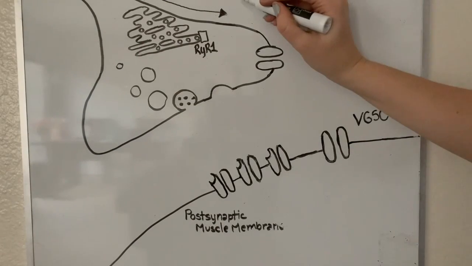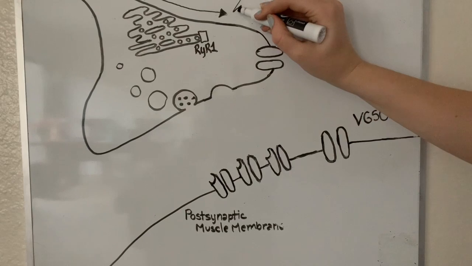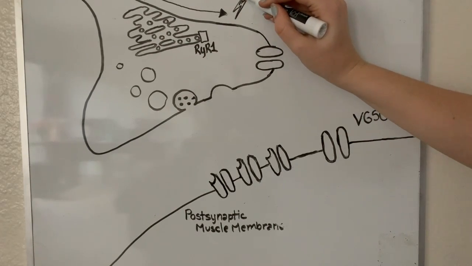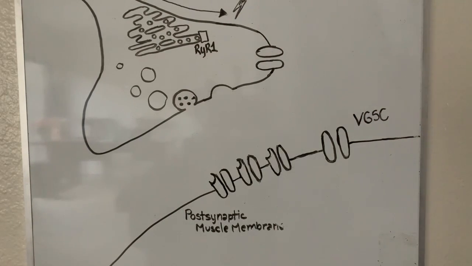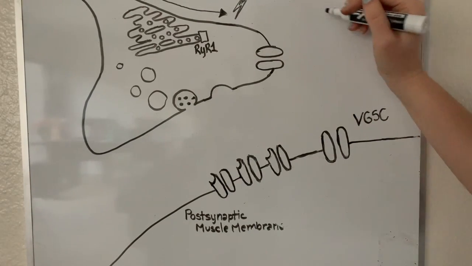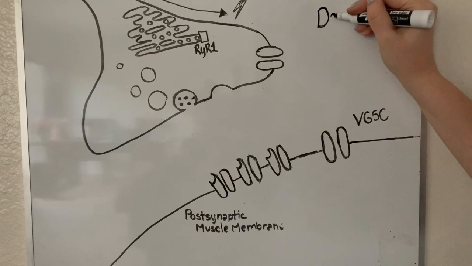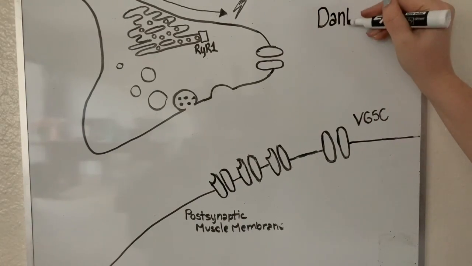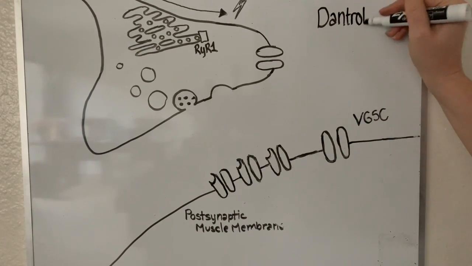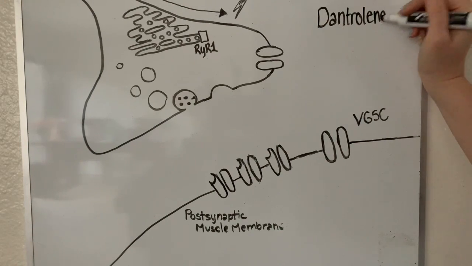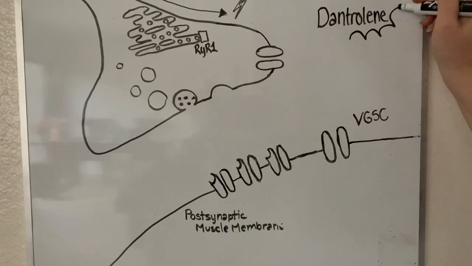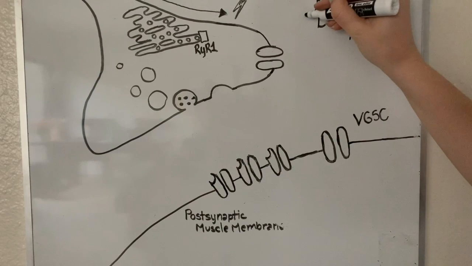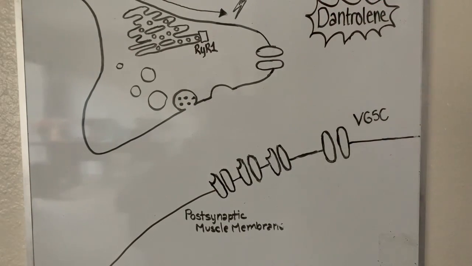Dantrolene is most commonly known as a muscle relaxant and can be used to treat muscle spasticity. Dantrolene works by inhibiting ryanodine receptors in the sarcoplasmic reticulum, preventing calcium from flowing from the sarcoplasmic reticulum into the cytosol of the muscle cell. Decreased calcium in the cytosol causes the muscle to relax, as fewer cross bridges are able to form. Based on this mechanism of action, we expect dantrolene to have no effect on the neuromuscular junction, since the sarcoplasmic reticulum is downstream of the NMJ.